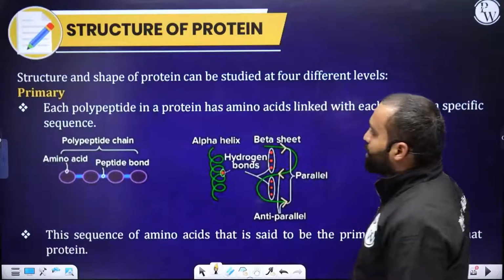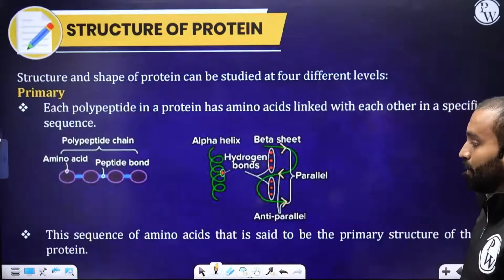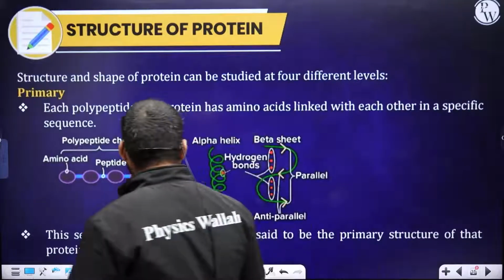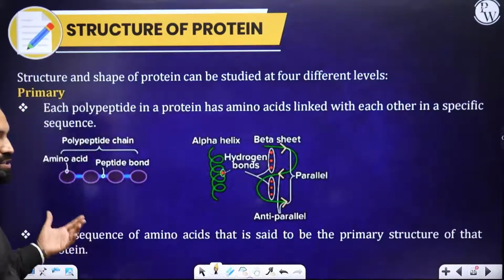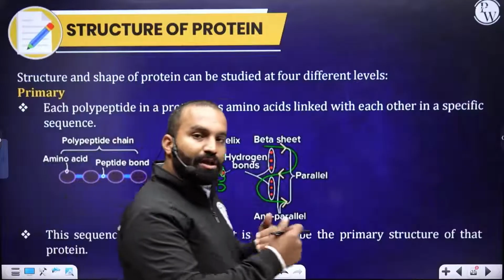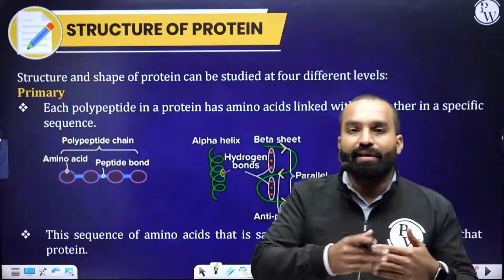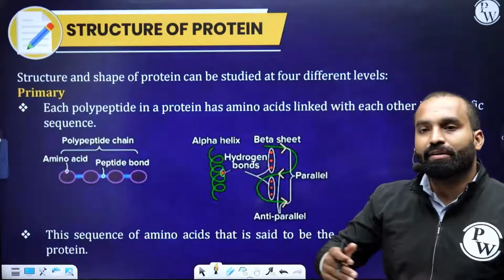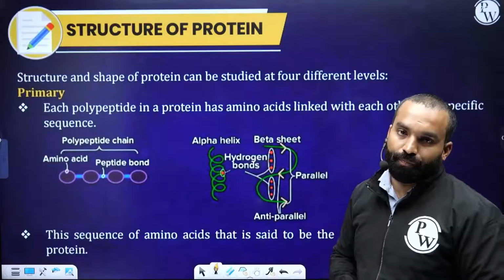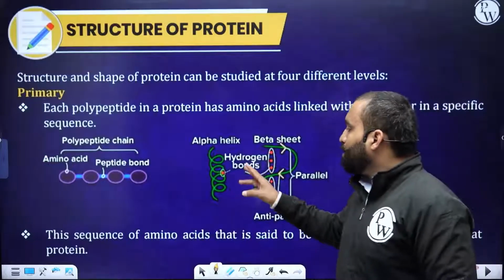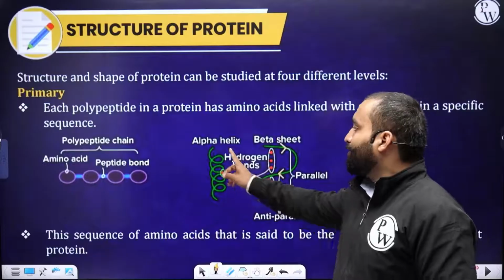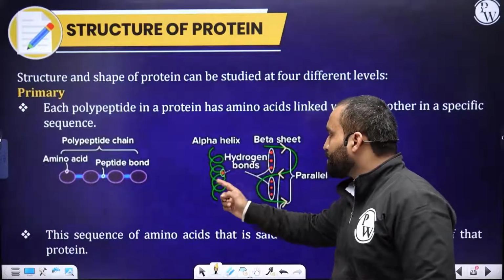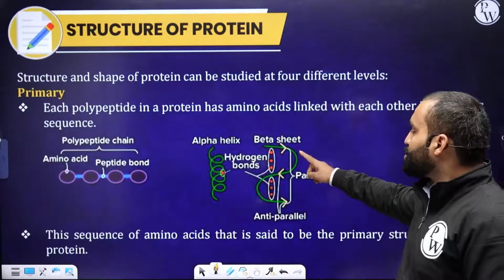But secondary structure, or one more thing, the sequence of amino acids is said to be the primary structure. You have 1, 2, 3, Ala, Gly, all those, when they are connected one after another, that becomes a primary structure. Okay. There are 2 types of secondary structures again. One is called alpha helix. Do you see a spring-like structure? And then there is a beta sheet-like structure.